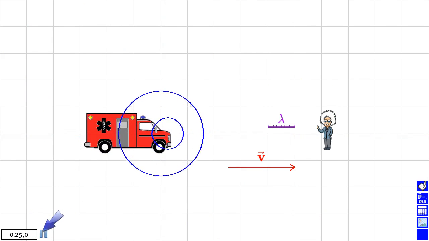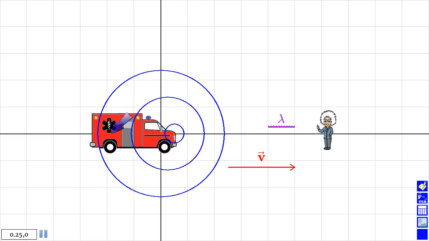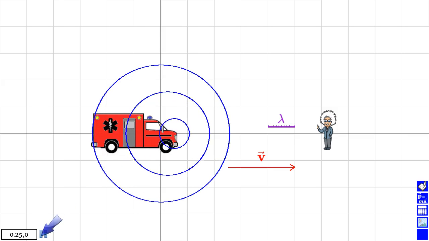What you can see is that we still have the circular wave fronts being created, but the circles are no longer centered on the origin. The largest wave front actually is still centered on the origin because that's where the ambulance started. Once the ambulance starts moving, the rest of the wave fronts are going to be centered on the ambulance's location when that compression was produced. So the second wave front is shifted a little bit to the right due to the fact that the ambulance is moving to the right. And then the next wavefront after that is shifted a little bit more to the right. If we turn the animation back on, you can see that the wavefronts are moving to the right along with